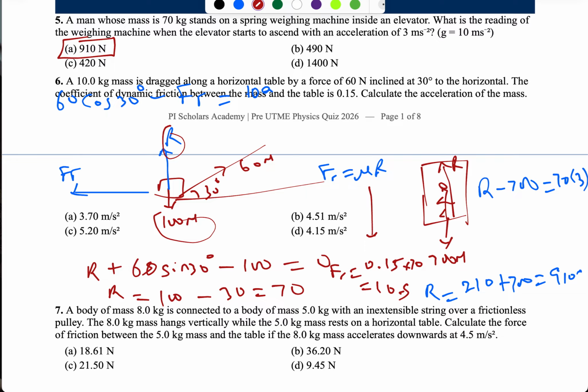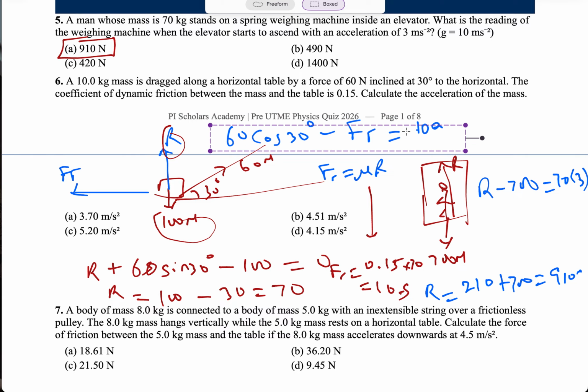So if I go back to this now, so that will be 60 cos 30 minus frictional force equals 10A. I just need to divide all these answers by 10. Now, 60 cos 30 is root 3 over 2, so take note of that. Or you can do 0.8660. 0.8660 is cos 30 for the sake of Jamb. So having 60 cos 30,